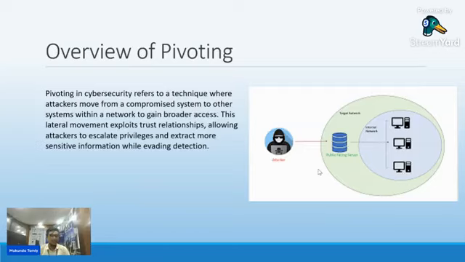Suppose the public facing server is available online, so we can easily access it, right? We can just go to Google, open any browser, and type www.google.co.in. Clear, everyone? Because it is a public facing server. But do you know Google's internal email addresses? Do you know what systems they are using in their internal network, or what networks the employees are communicating on? We don't know, right? So in pivoting, what happens?